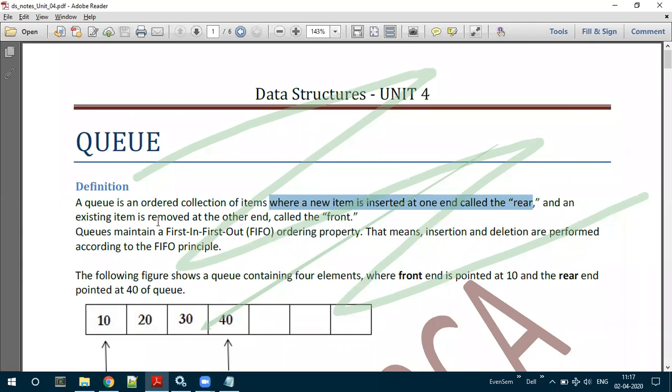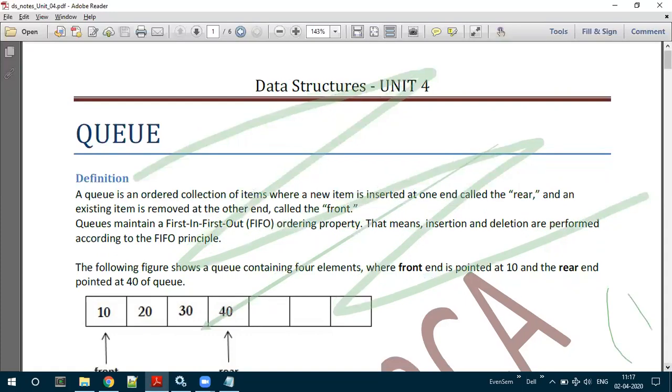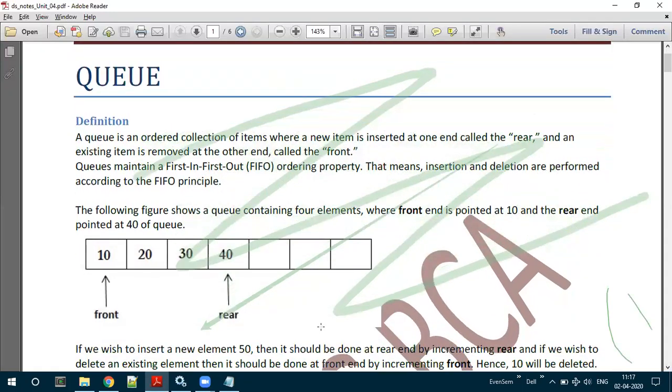The existing item is removed at the other end called the front. The insertion of a new element will be done at one particular end called the rear end, whereas the deletion of the existing element will be done on the other end called the front end.